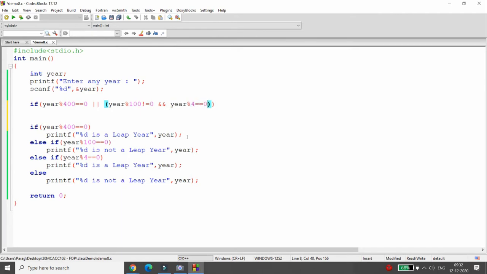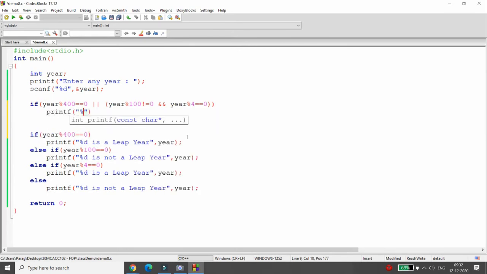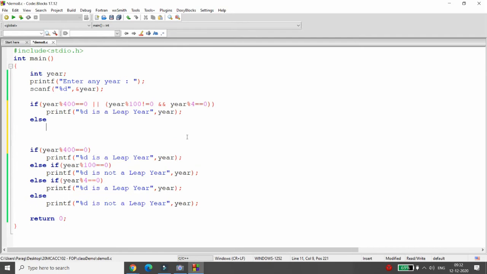It means my year is divisible by 4, but it is not divisible by 100. Then also it is a leap year, and you can do the same thing in one condition, that %d is a leap year in this particular situation, and else you can simply declare %d is not a leap year.